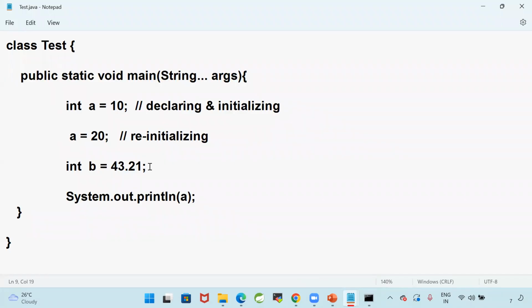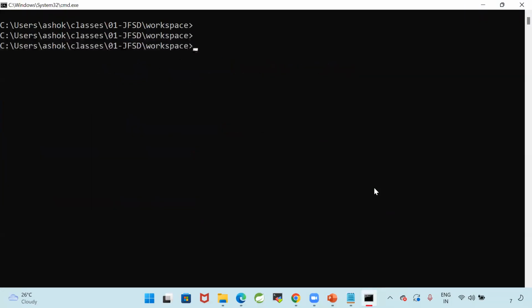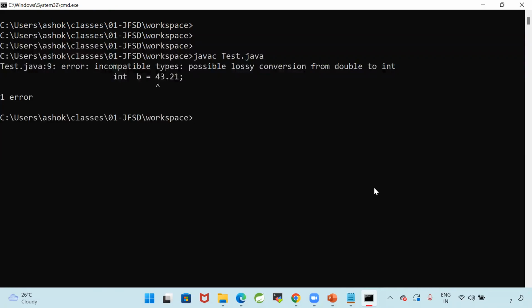Same thing I am doing in the program. Double value I am trying to store into integer data type. See what our compiler will tell. javac Test.java. What happened? Possible lossy conversion from double to int, boss.